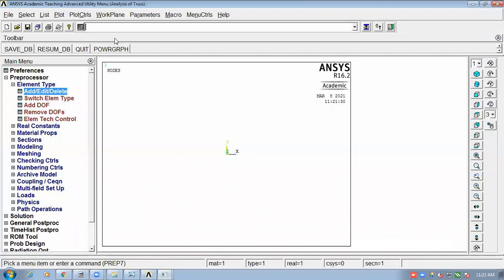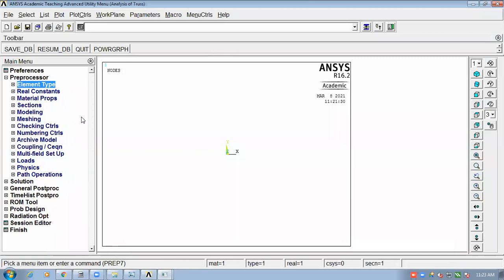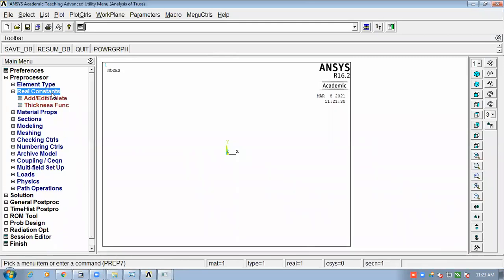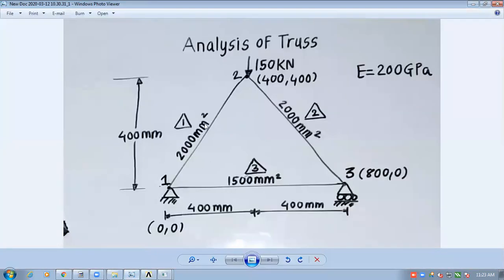Okay, now come back to the screen. So now I'll minimize this element type option. Now I have to go to real constants, the purpose of which is to enter the cross-sectional area. Now see, element number 1 has a cross-section of 1000 mm square.